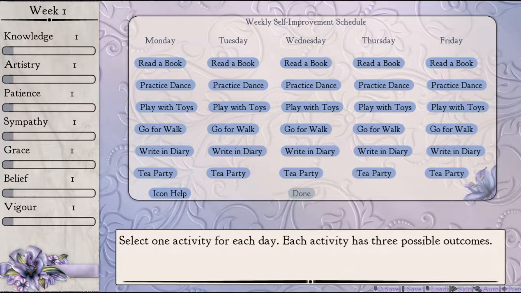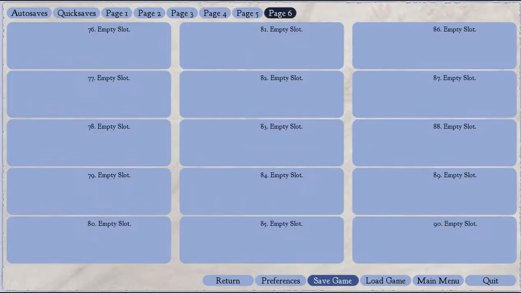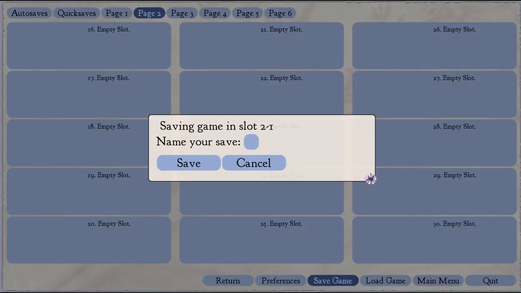So, I'm going to save. I don't even know how many slots. Okay, that's cool. We'll just call this...